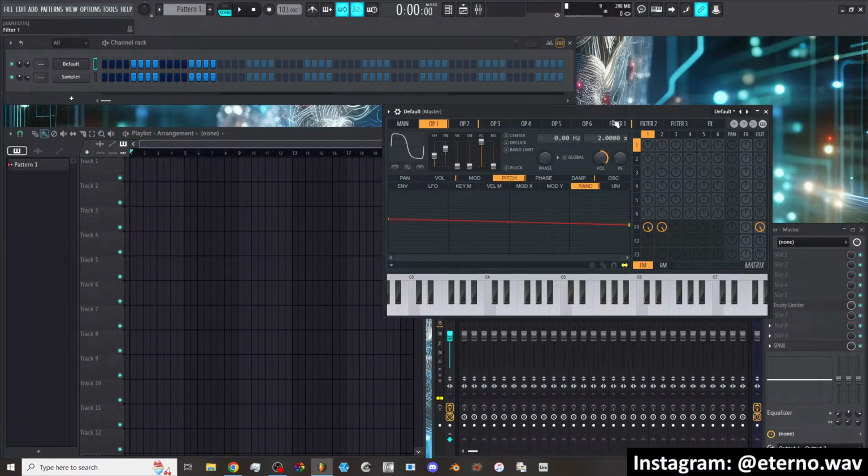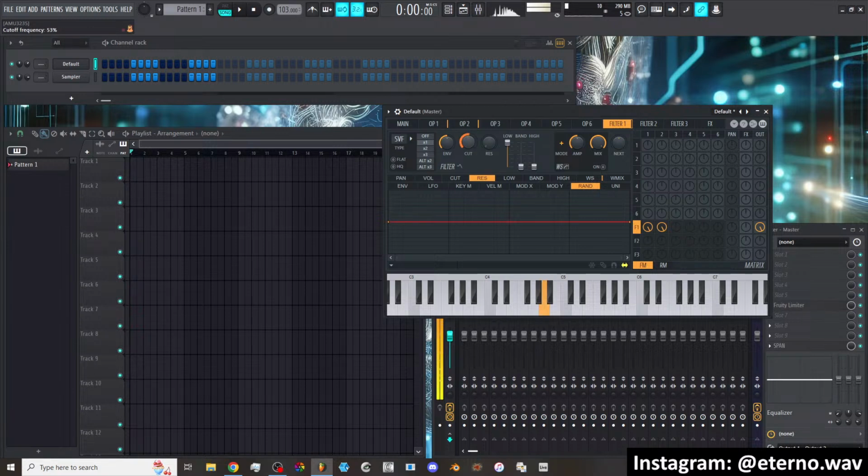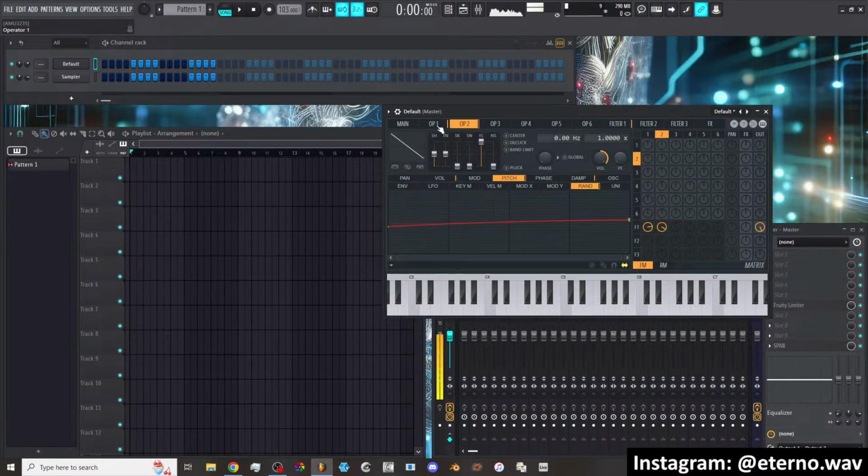Turn on filter 1. Maybe pan them a little bit. I wonder if the panning